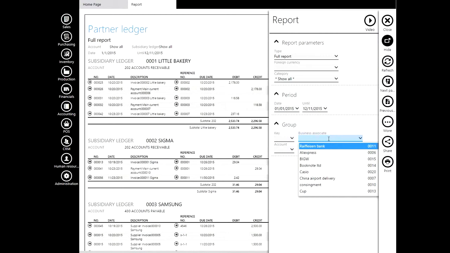Also, when you look at the partner ledger, you will see that the amount of the supplier invoice was booked